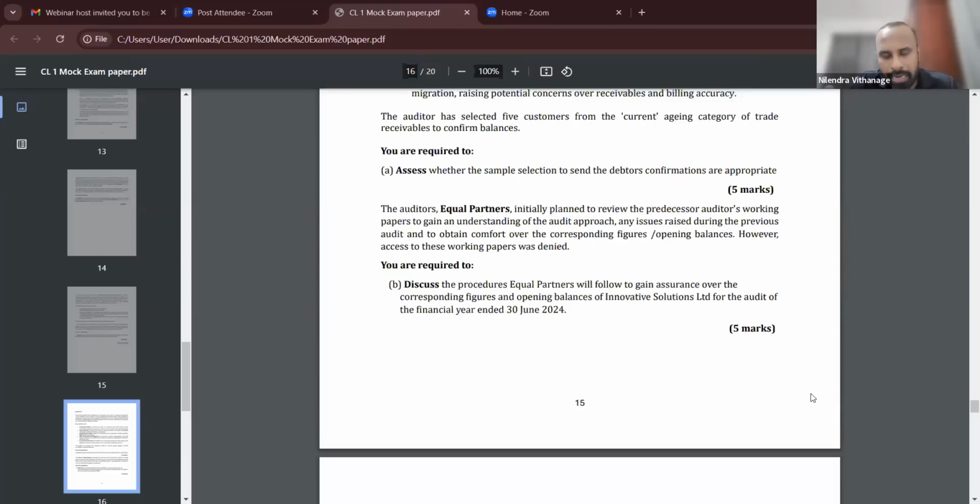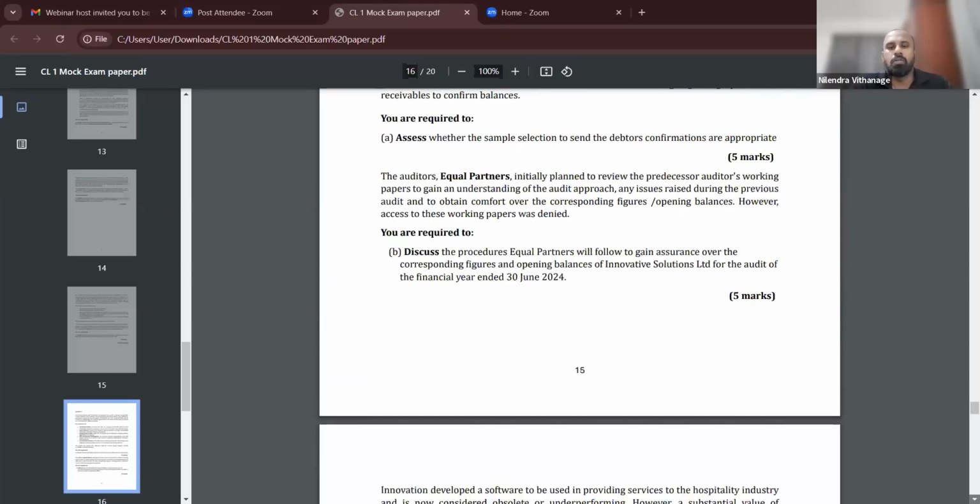First and foremost, students, with the client's mandate, communicate to the predecessor auditor. If he says no, ask him what the reason is and discuss with him. Then if you are still unable to obtain the working papers, perform procedures on the corresponding figures and opening balances. Do a rollback calculation. This year, perform procedures on the opening balances. See whether proper disclosures have been made and accounting policies consistently applied. If those are not verifiable, provide a qualified or adverse opinion.